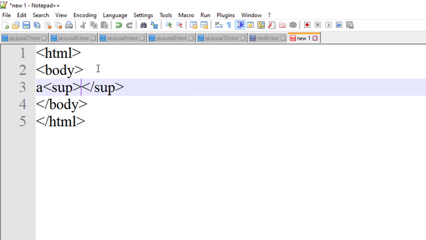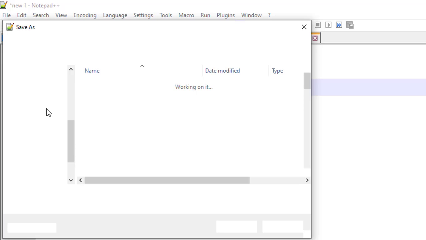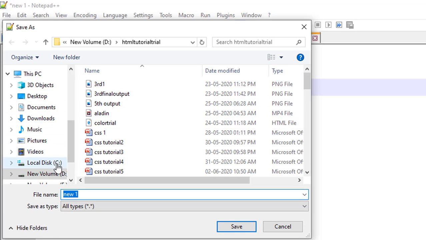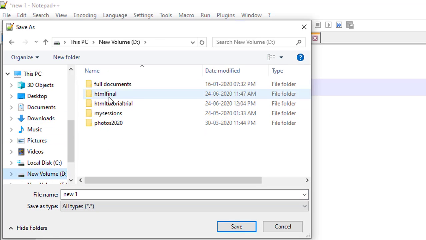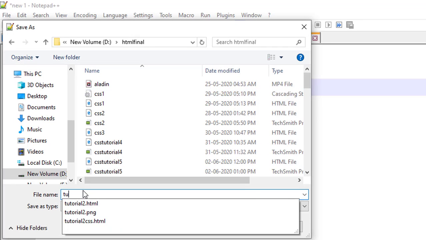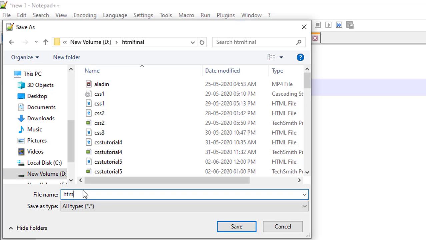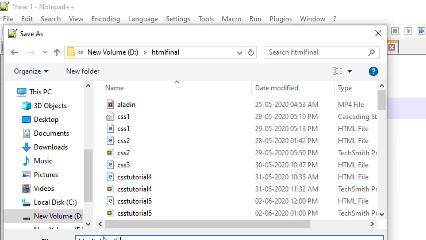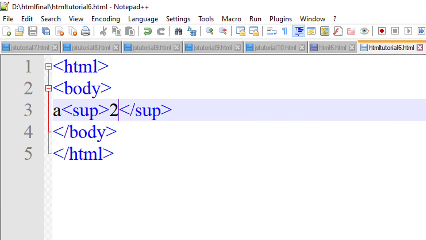For superscript I will write the a square, we want the 2 as the upper part, so a square. Just save this program in our folder, HTML final folder. This is the 6th tutorial, so tutorial HTML tutorial 6 dot HTML. Okay, all files, just save this.